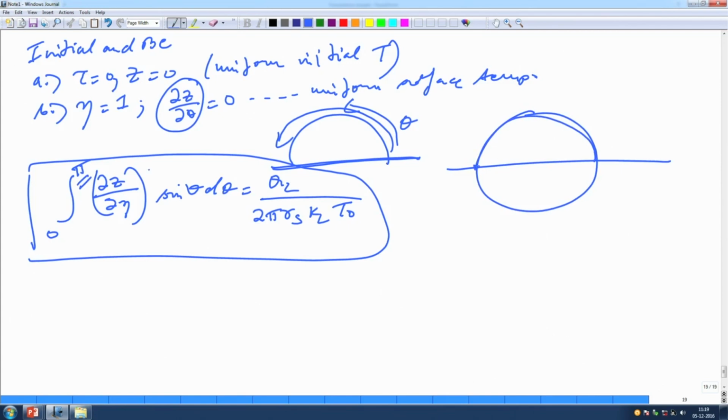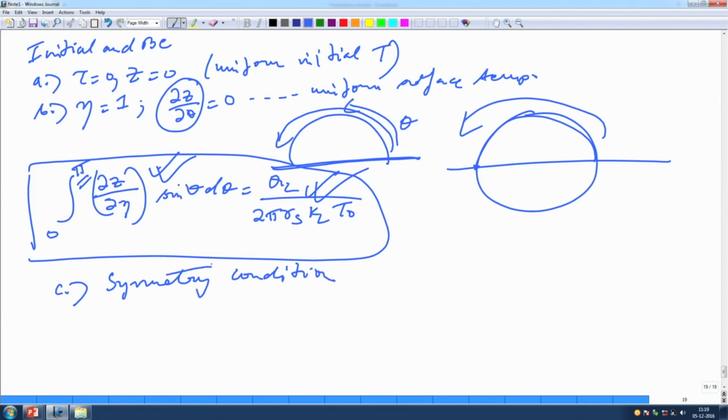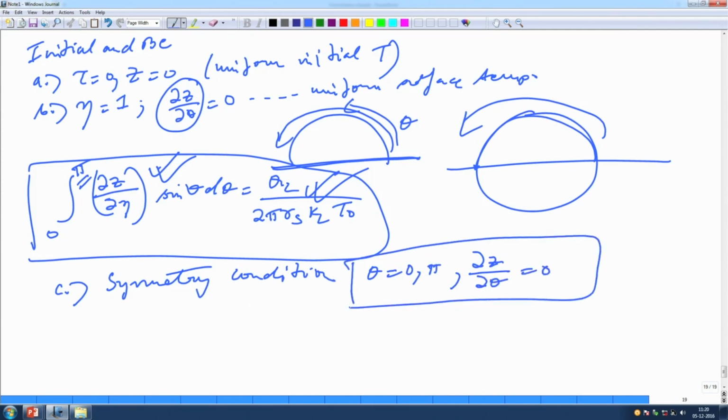So, you have integrated across this entire surface to give you the total heat flux. That should be quite obvious. Then there is the symmetry condition. Symmetry condition is at theta equal to 0 and pi, d theta by dz is equal to 0. Got it. So, now that we have done all these things, now you should recall that when